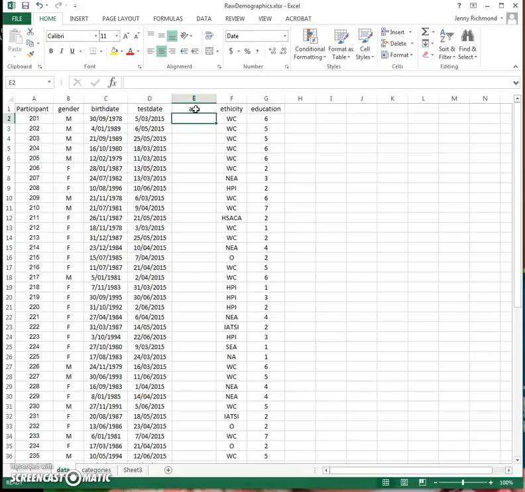Now you can use a simple subtraction formula on a set of dates to work out how old your participants are, given the information that you know. You know their birth date, you know the test date, you just need to know how many days are between those two dates. So if you simply insert a formula that says equals, then you click on the two dates that you want it to subtract. So you want to subtract the birth date from the test date, and it'll give you